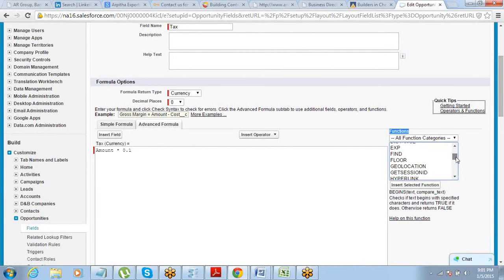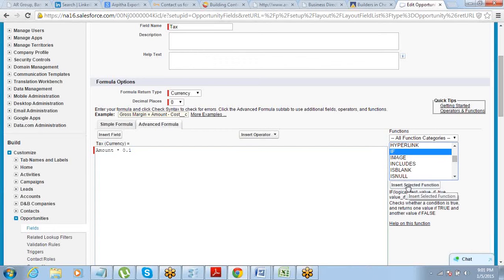People who have worked on formulas in Microsoft Excel will find these functions very familiar. But if you have not worked on Microsoft Excel and you do not understand these functions, don't have to worry. If you understand 3-4 of these functions, gradually you can start understanding all these functions. If you want to learn more about functions, you always have this link available here.